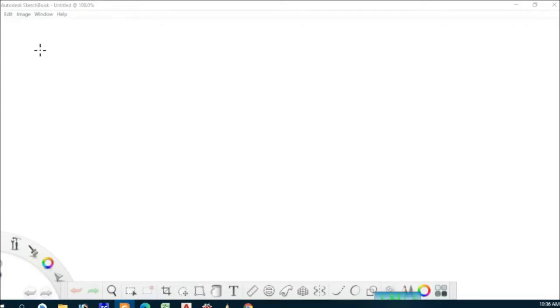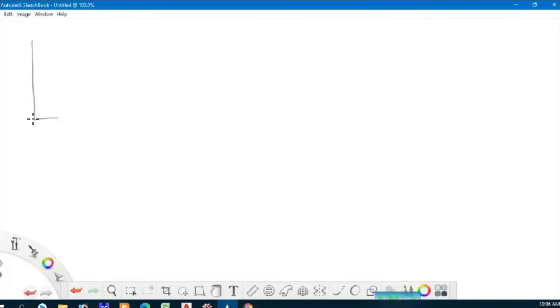L section, like this. The length of this side is 6 centimeters. All the dimensions are in centimeters. I'm not writing the unit here because it is in centimeters. This is 10 centimeters,